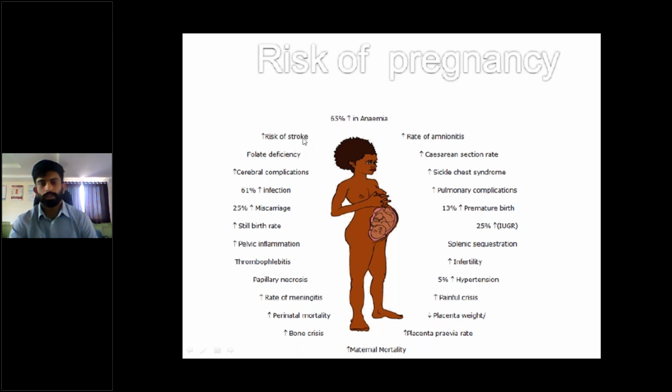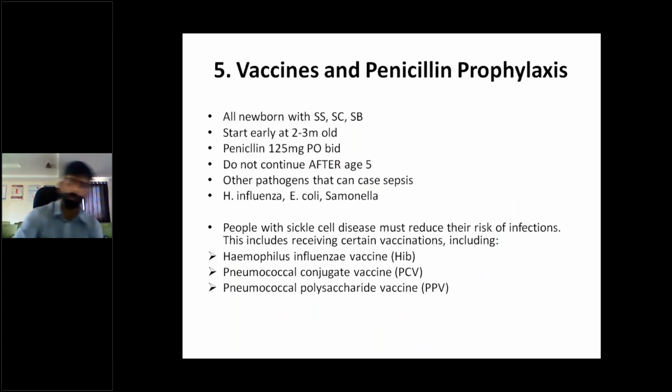be seen. So that is why in patients with sickle cell disease who are planning to get pregnant, you need to start folate prophylaxis much prior to normal pregnancy. In a normal pregnancy, you start from 3 to 6 months before pregnancy. In these patients you have to start 1 year before, and the dose is also increased 5 times, 5 mg 3 times a day.